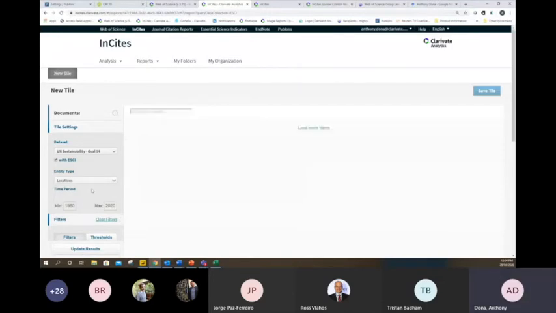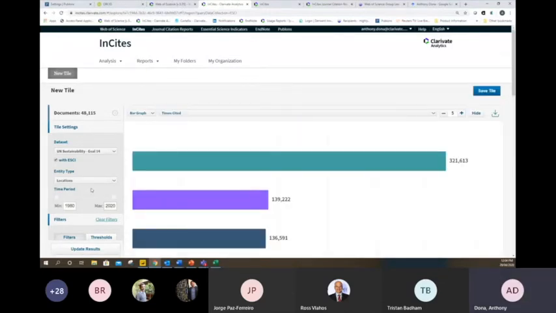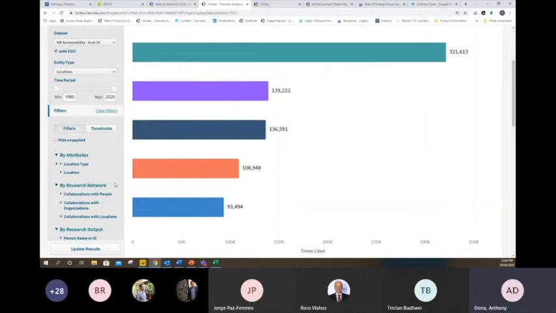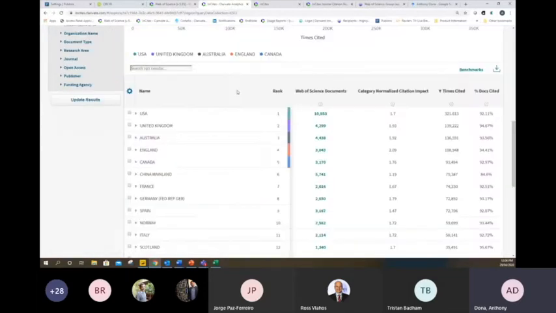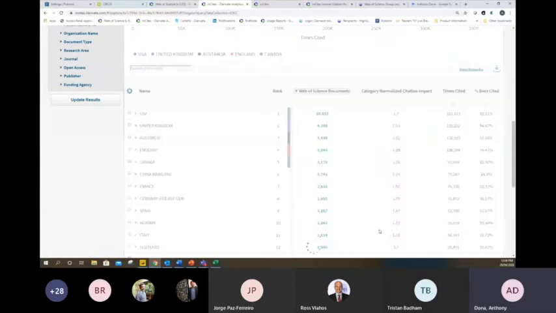This was a much more complicated topic search, I guess, which used a very long string of search terms. And we're now looking at that data set. There would have been about 50,000 documents in this data set as well. And if I order by total number of documents, I'm looking at the regions in the globe that have produced most of this research and some impact measures as well.